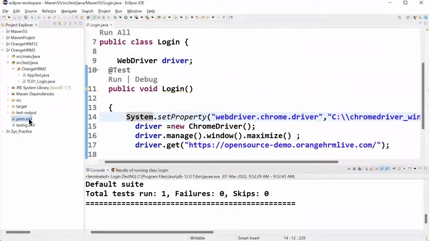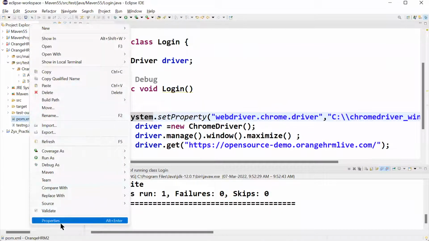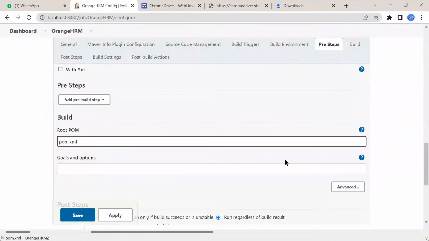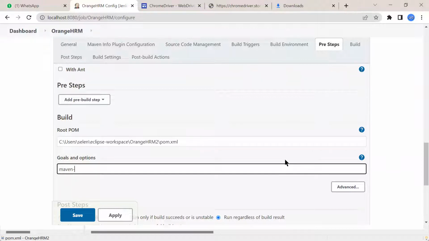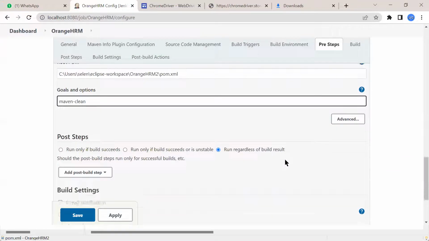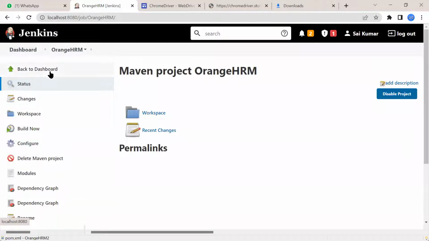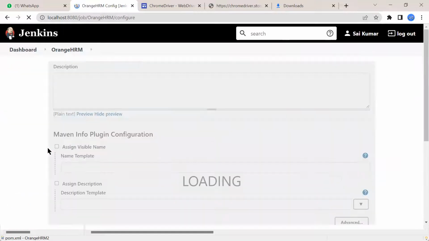Okay, so I'm going on to properties. Taking this path. Okay, apply and close. Putting the same path here. Maven clean. Okay, and then I'm clicking on save. I'll click on configure to check